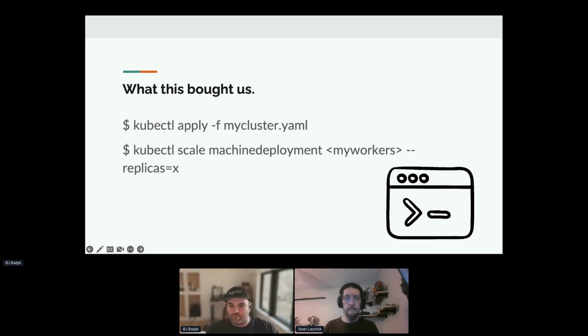So at that point, it made our lives a heck of a lot easier. We didn't have to go through any type of other sort of antiquated bare metal provisioning system. There were no more Kubespray playbooks to run or any goofy config management to have to deal with. It was just a single command. So it made our lives a heck of a lot easier.